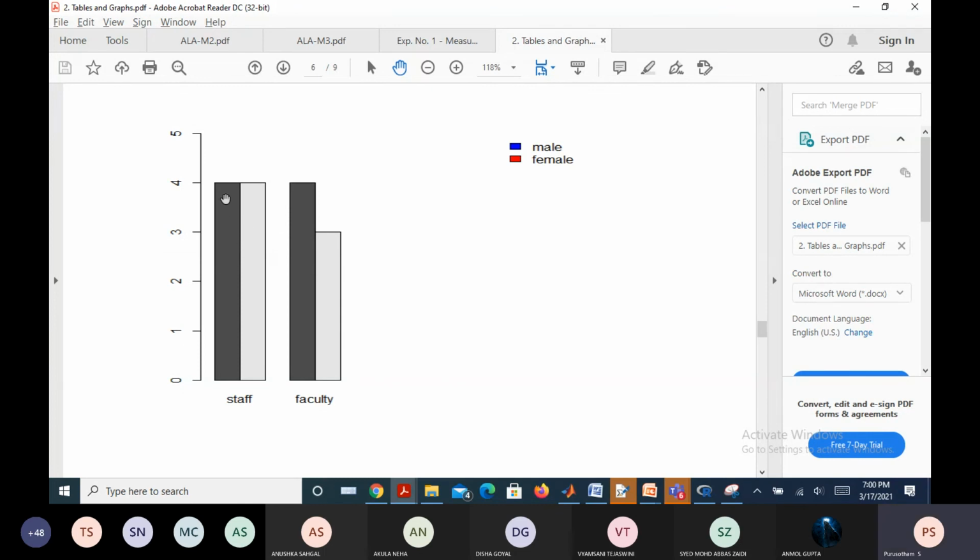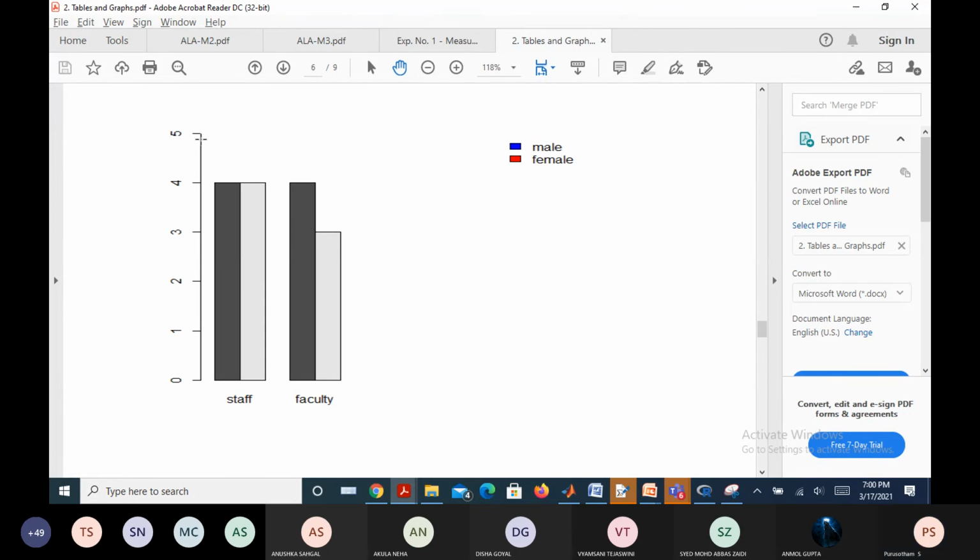This one is plotted, and the other one is beside this or not. That is the meaning. Two bars have limits, like we take limits from the minimum to the maximum value of the x-axis you have defined. And the vertical axis limits: right now for this data, the vertical axis is moving from 0 to 5 only.